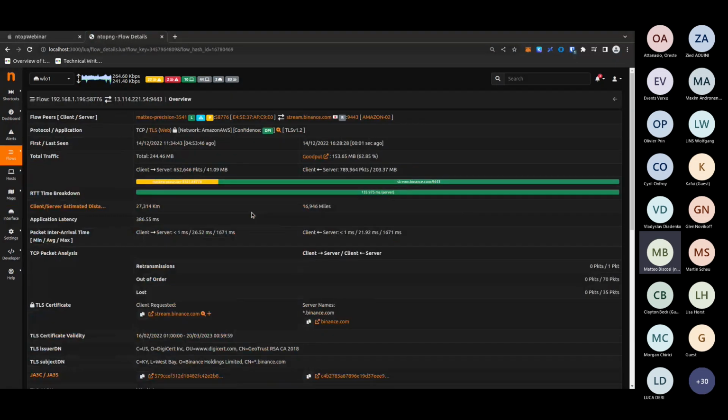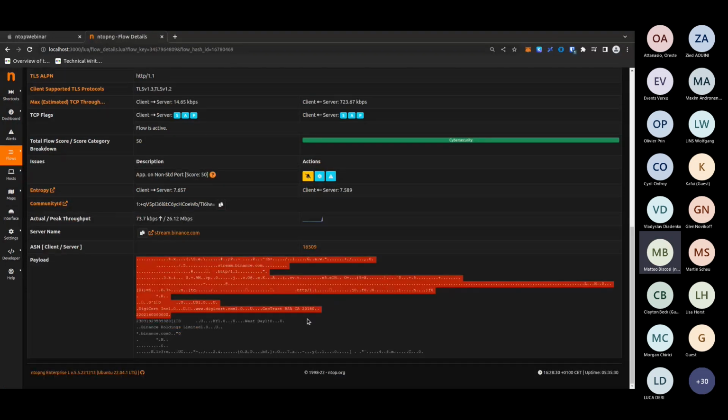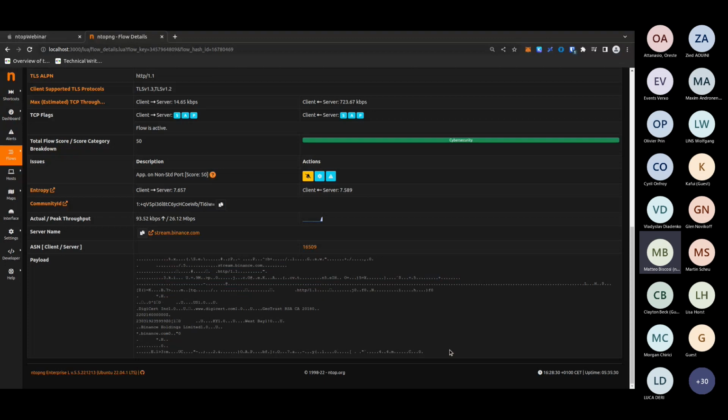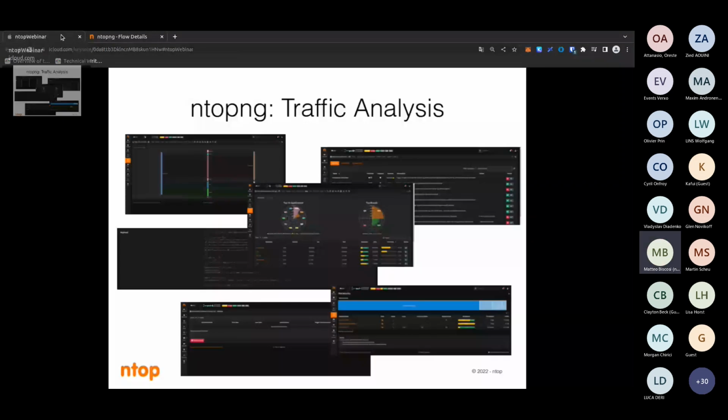If we take a look at the ntop directory, as you can see here, you have the payload. We added it in order to understand better what's inside the flow,